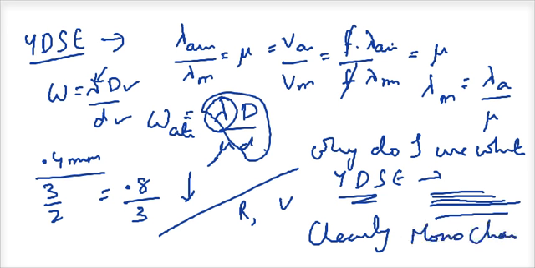When you use monochromatic light in a YDSE experiment, you can see the dark fringes and bright fringes clearly. If you have polychromatic light, the dark fringe of one will start overlapping with the bright fringe of the other. As a consequence, you will see the fringes in a blurred manner. Okay, so these are two very typical applications that you can expect in your CBSE papers.